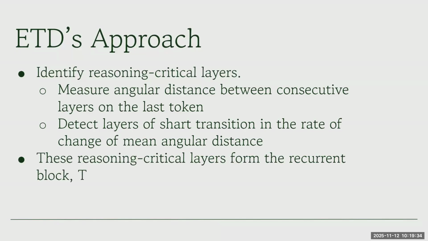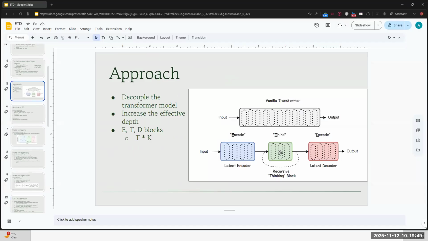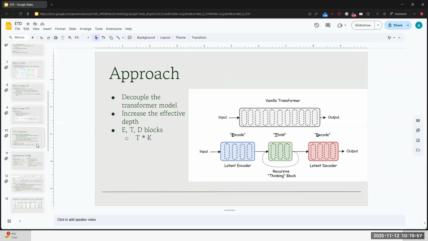And then these reasoning critical layers will form the recurrence block from the image I showed in an earlier slide. So let's see if I can quickly, yeah. So basically this block here is, or let me say, are the reasoning critical layers which were gotten from the